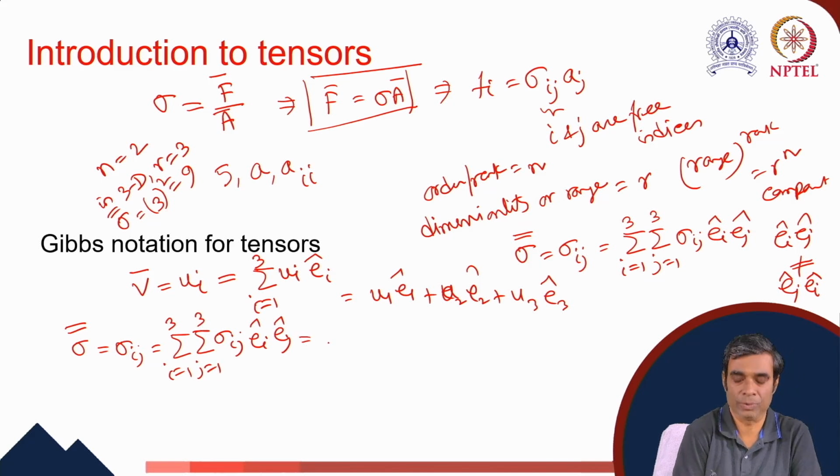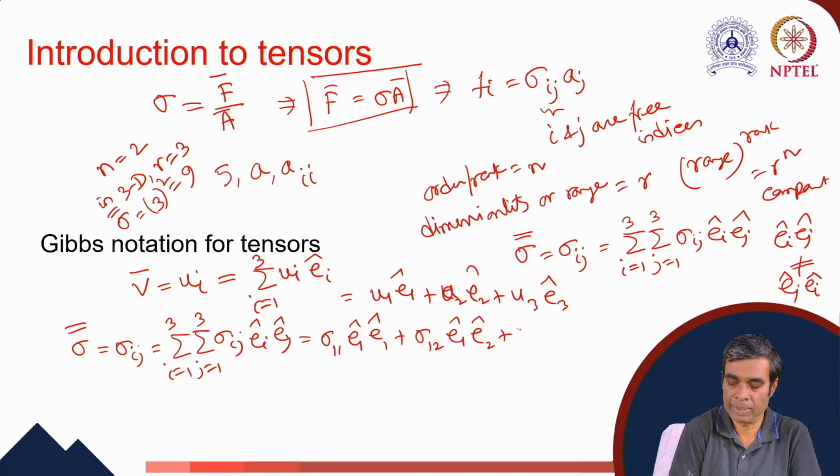If we expand it, we can write it as sigma 11 E1 cap E1 cap plus sigma 12 E1 cap E2 cap plus sigma 13 E1 cap E3 cap